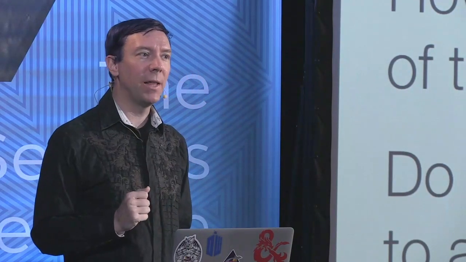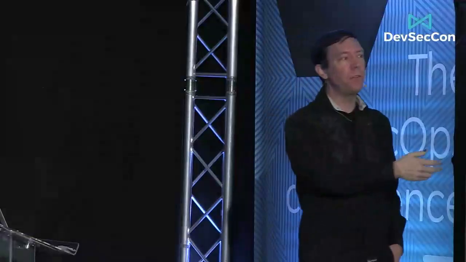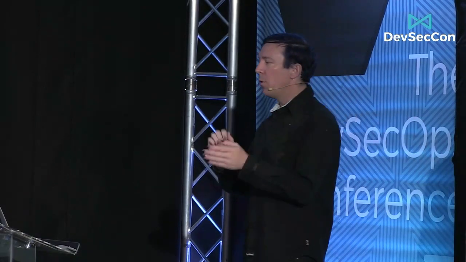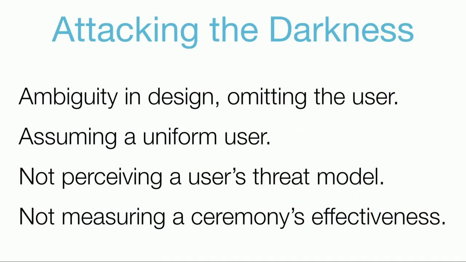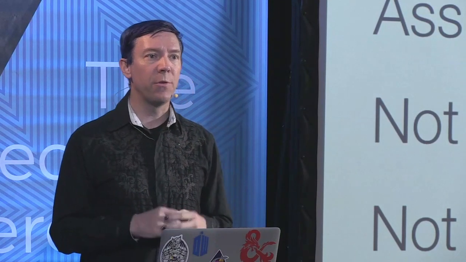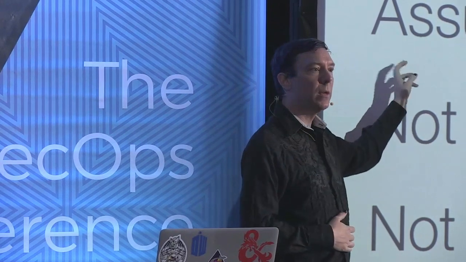Now, the caveat here, of course, is that modeling people is a little bit difficult. People are pretty complex, and hard to predict. But by at least starting to consider them, and saying we have a protocol for this application, having a ceremony and bringing people into it is what's important. And this comes back to one of my favorite tropes from role-playing games, attacking the darkness. So these would be threats against ceremonies: that we have some ambiguity in design, that we're just designing a protocol and forgetting the user completely,